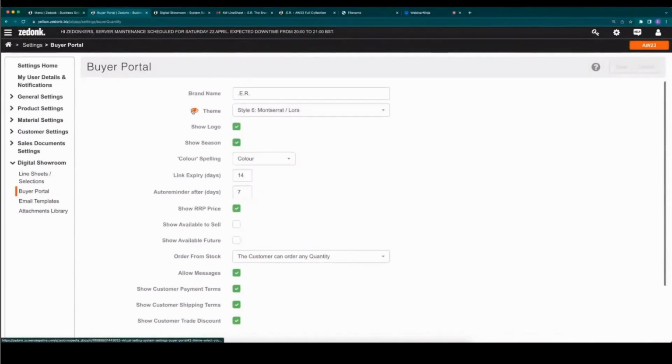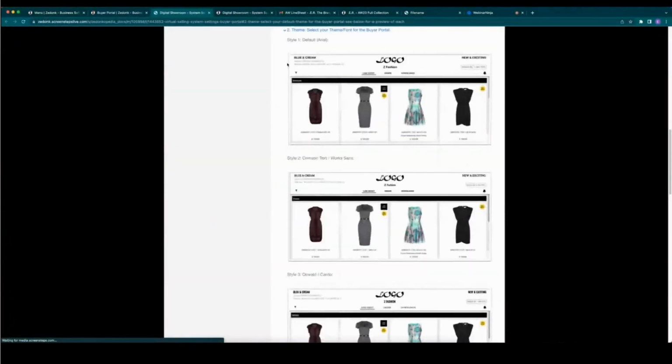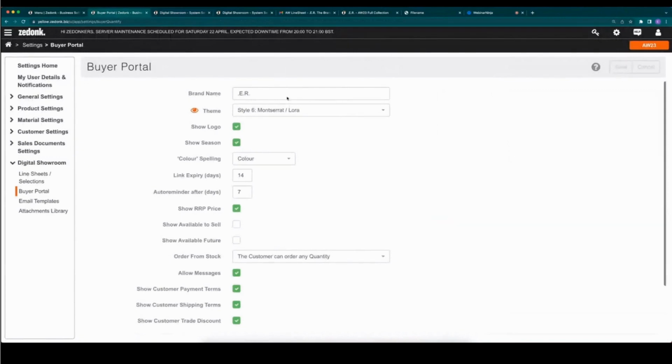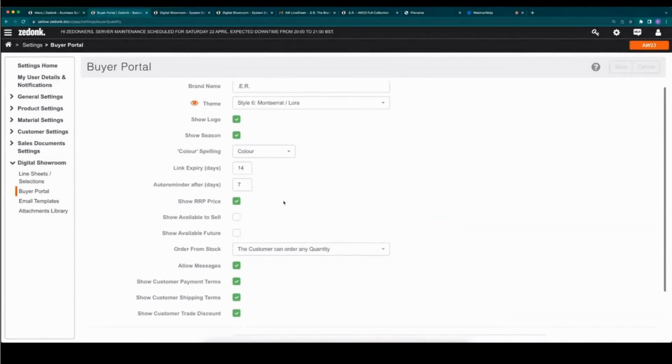Wherever you see this I, it's just going to take you to a Stonkopedia link, giving you all of the different examples so you can make that call for yourself. Again, default for link expiries, whether by default you want to show the available to sell and available to sell future, not relevant for those who aren't inventory clients, but relevant to those that are.